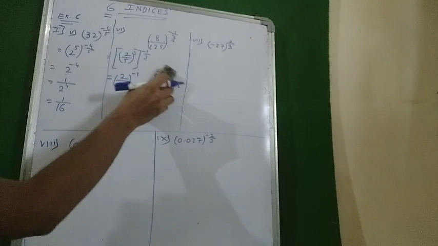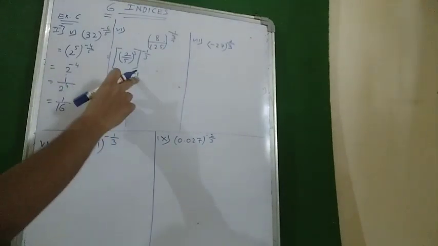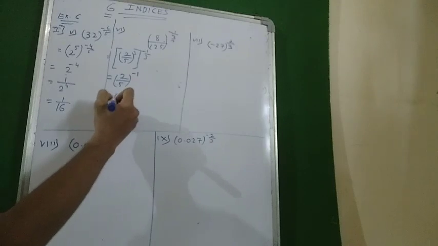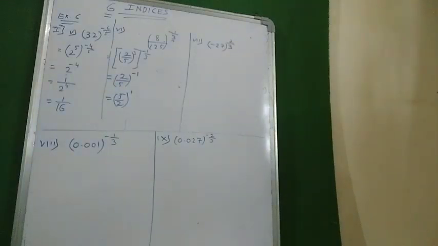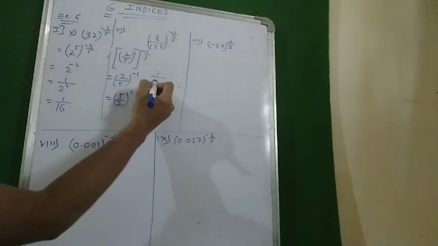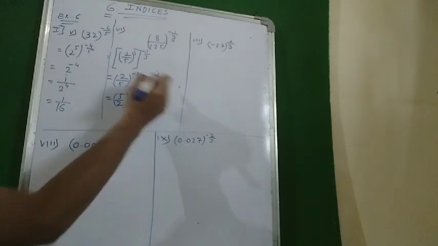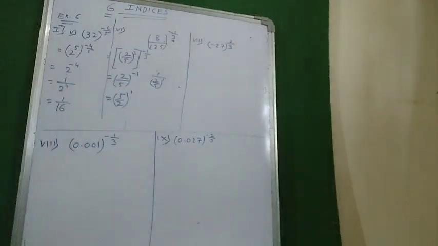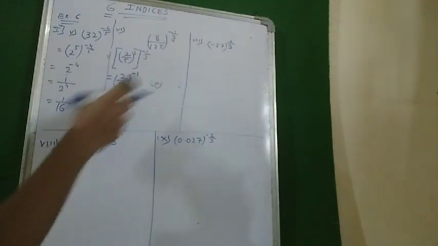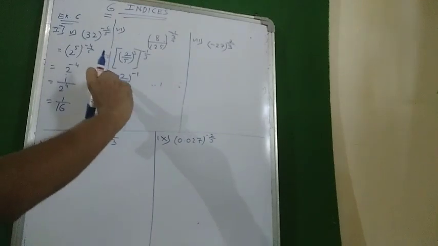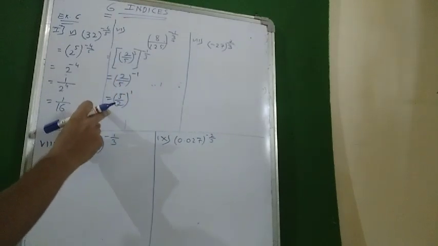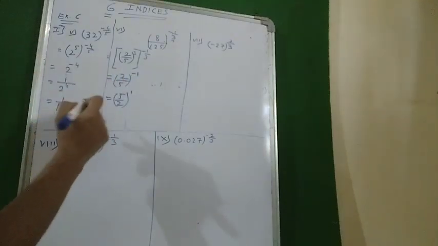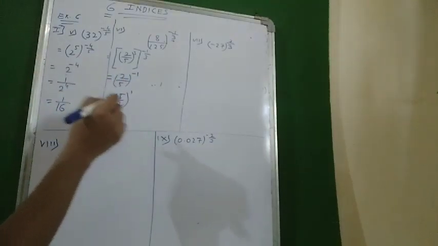But now if we are having a fraction like this, whenever there is minus sign in the index, just take the reciprocal of this. And this will be plus 1. It is nothing but 1 upon 2 upon 5 raised to 1. 1 goes in the denominator, and again this 5 will go up and become 5 upon 2. So whenever there is a minus sign with the fraction, just reverse the fraction, take the reciprocal of it and change the sign. That minus sign will become plus. So your answer is 5 upon 2 only.